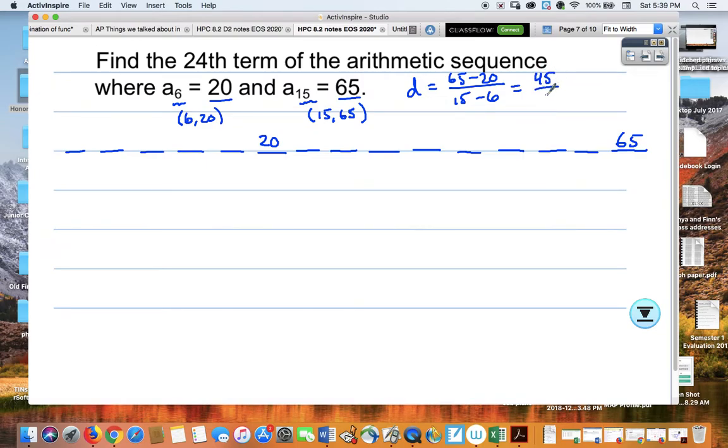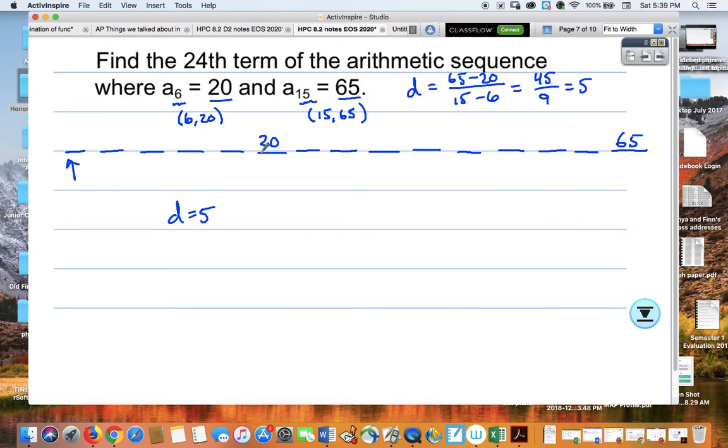So this will be 45 divided by 9, which is 5. My common difference is 5. If I'm going to write a formula, I need to know my first term. So I need to figure out what this first term is. One way to do that is I can just backtrack. Now that I know my common difference is 5,